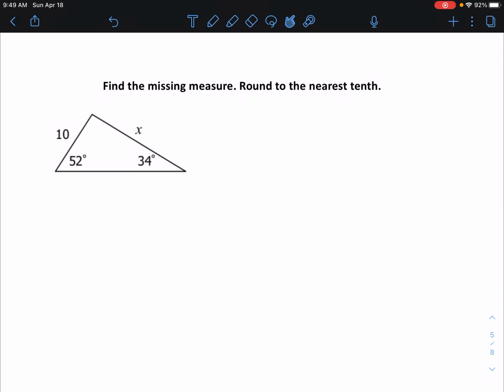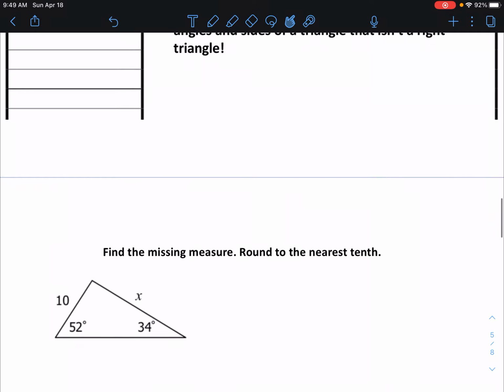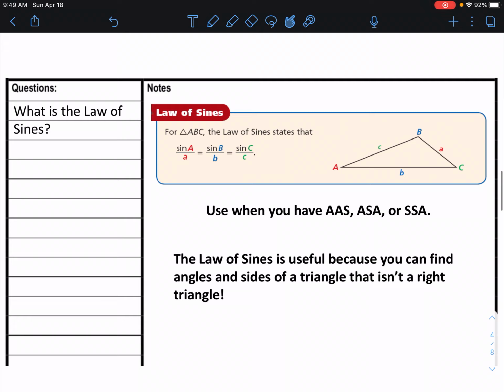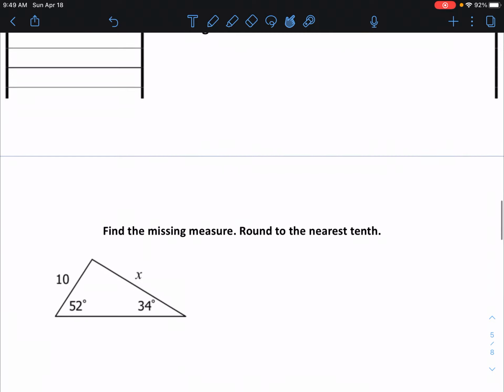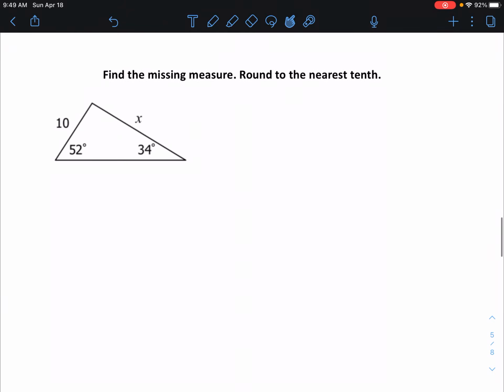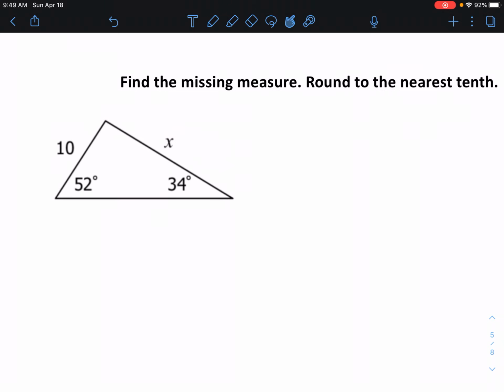So here, notice there's no label. Our law of sines says, it's sine of angle A over its corresponding side A, and sine of angle B over its side B, etc. And so those have to correspond. So when we look at this here, I am trying to find the missing measure x, okay? So I know